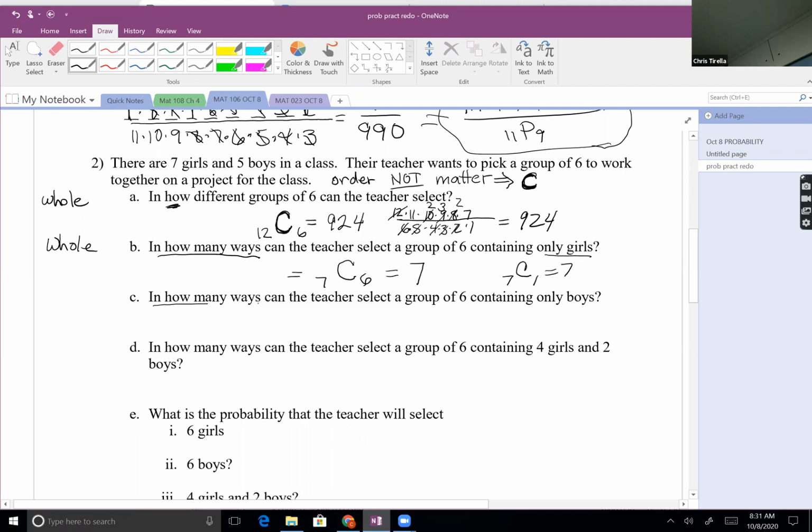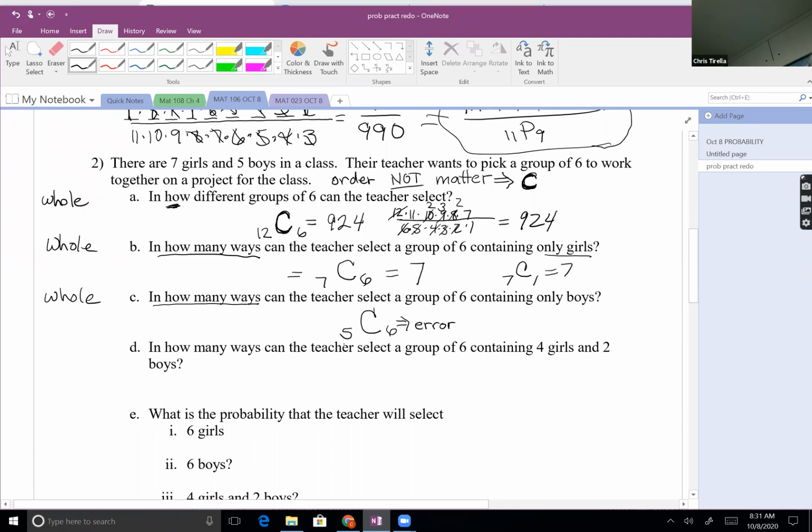Next one says how many ways. So again, I'm expecting a whole number. Can the teacher select a group of 6? It's a group, it's still a combination. I want to choose 6. Only boys. If I'm only picking boys, how many do I have to pick from? 5. And if I put that in my calculator, I guarantee that's going to tell me that it's an error